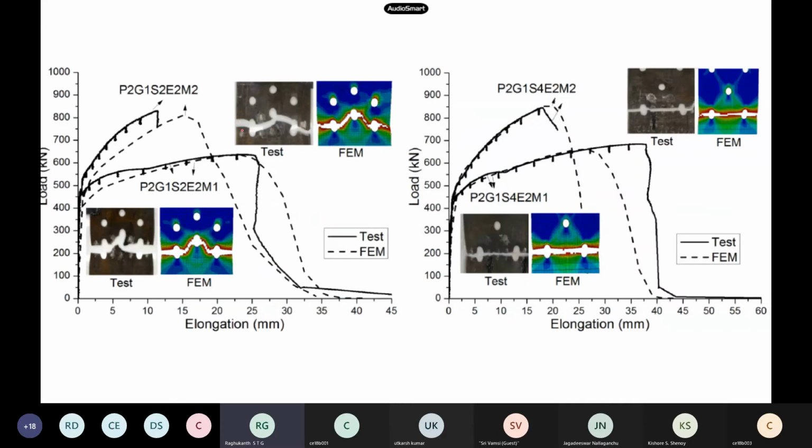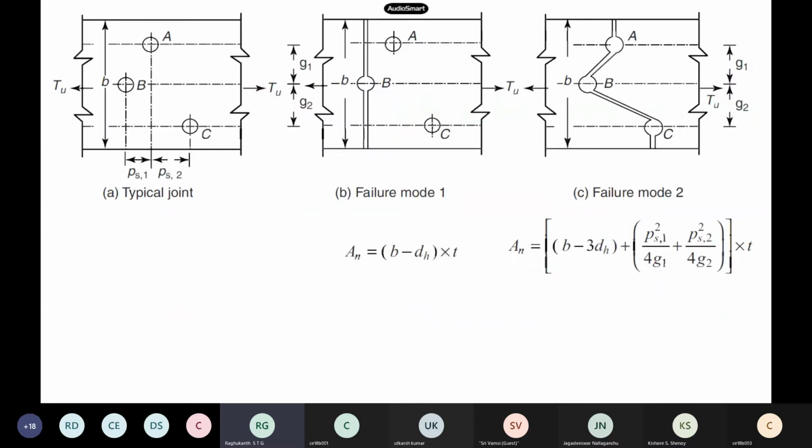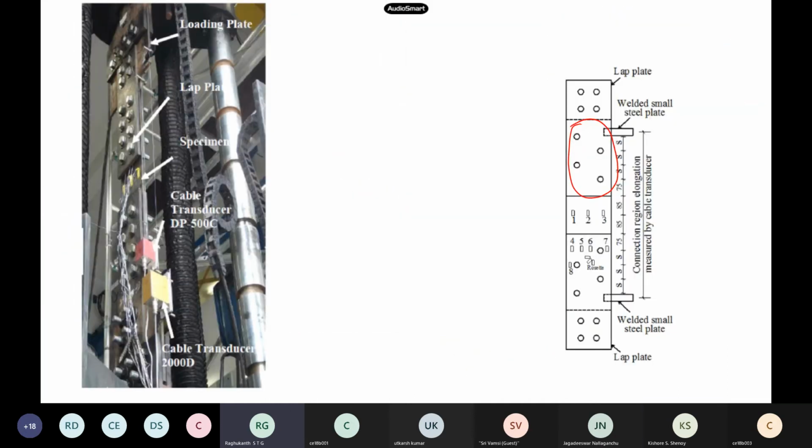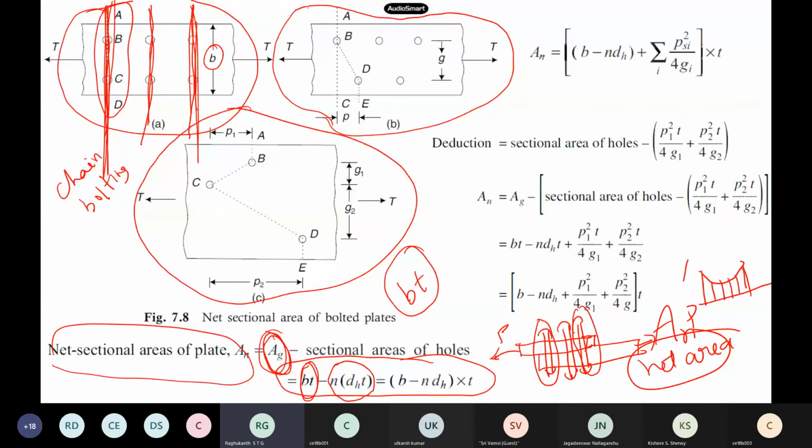So here also you can see. So this is experiment. Okay, so with finite element or numerical methods, you can predict the failure patterns are like this, and in some cases, although the same staggered bolting is done like this, it fails along one line, like a chain bolting kind of thing. So what does it tell you finally? In staggered bolting, how will it fail? Suppose somebody has given you this, how many ways can it fail? What are the failure cross sections?